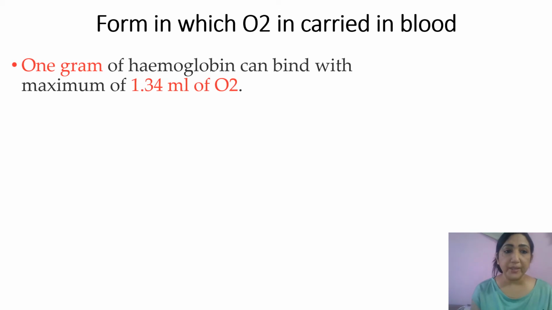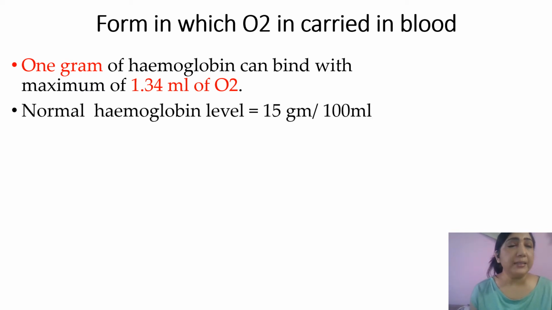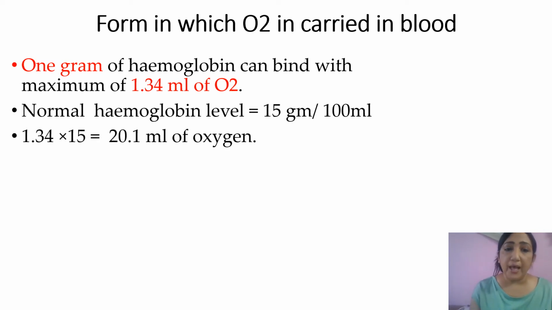the blood. As we know, 1 gram of hemoglobin can bind with 1.3 ml of oxygen. And what is a normal value of hemoglobin? It is approximately 15 gram per deciliter. That means 100 ml of blood can contain 15 gram of hemoglobin. And if we multiply, normal hemoglobin of 15 gram per deciliter carries 20.1 ml